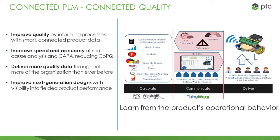Analyzing this data and sending learnings about failure rates, failure modes, and conditions at the time of failure can improve root cause analysis and corrective preventative actions, closing the loop between engineering teams and their products in the field. With PTC's connected PLM, we are able to connect quality data directly with its corresponding part and product information. This provides centralized visibility to a broader reach of organizations and stakeholders in complete context of the product's definition, including